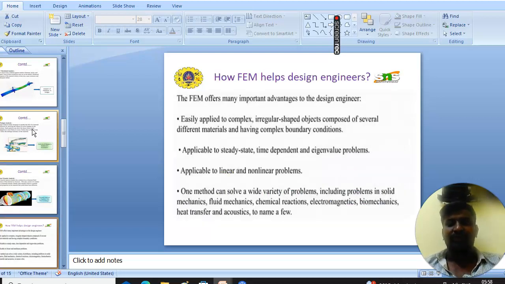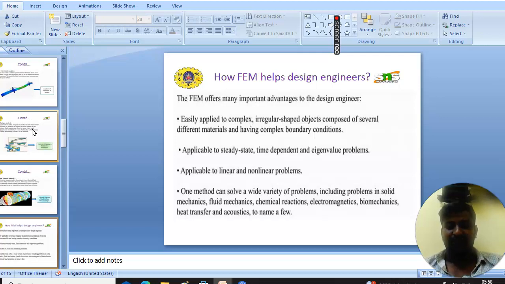How does FEM help design engineers? It is easily applied to complex, irregularly shaped objects composed of several different materials and having complex boundary conditions. Applicable to steady state, time dependent, and eigenvalue problems. Applicable to linear and non-linear problems. One method can solve a wide variety of problems, including solid mechanics, fluid mechanics, chemical reaction, electromagnetics, biomechanics, heat transfer,